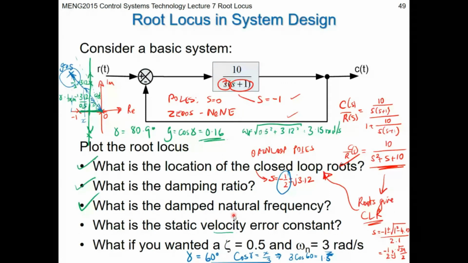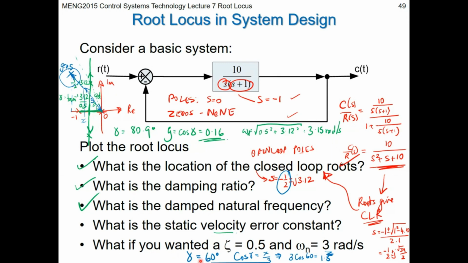The third thing is what's the damped natural frequency, and we said, okay, damped natural frequency is the distance from the origin to the closed loop root, and that damped natural frequency then can be calculated using Pythag. And again, it all comes from the closed loop root location. The closed loop root location is -1/2 plus 3.12j, right? So now I calculate my omega d using Pythag. Then I skipped this one, and then I came to the last one and said, well, okay, I've